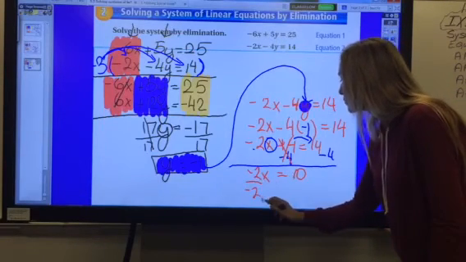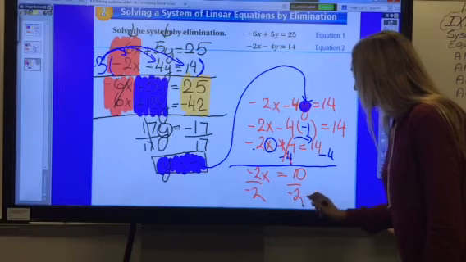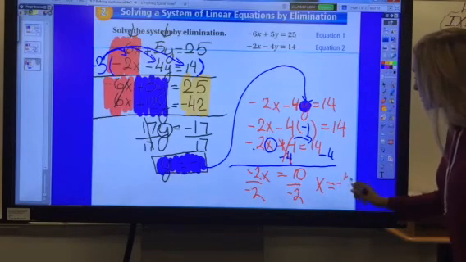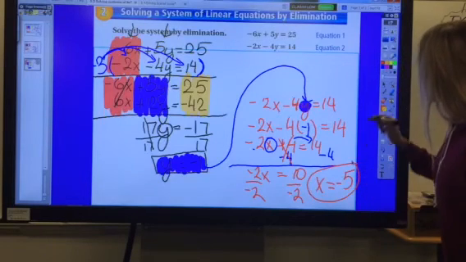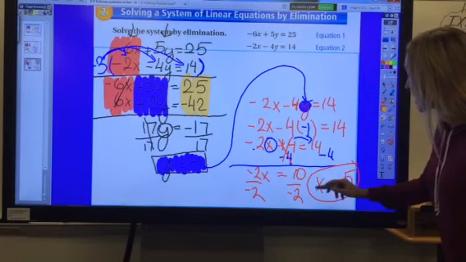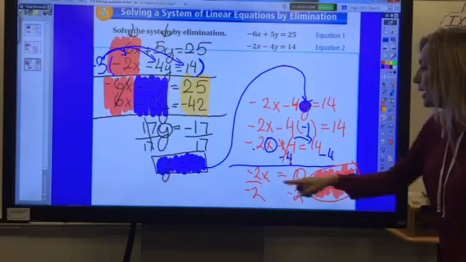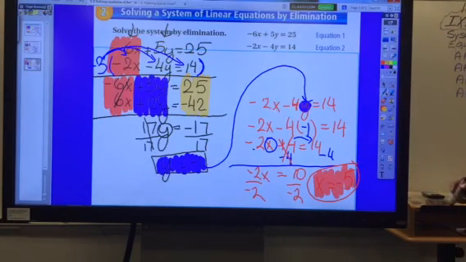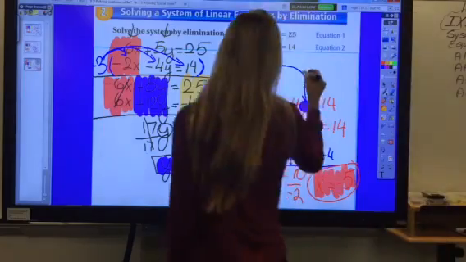Divide by -2 both sides. And x equals 10 divided by -2 is -5. So I found my x, which is -5, and found my y, which is -1. Should you want to give it to me as ordered pair, don't forget x comes